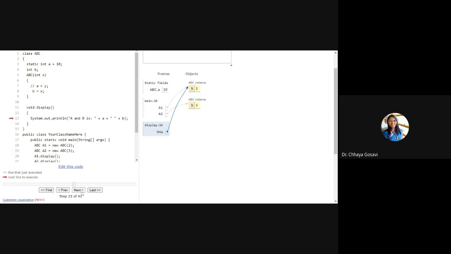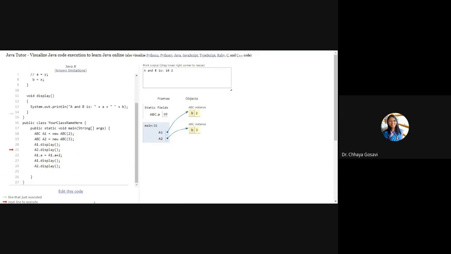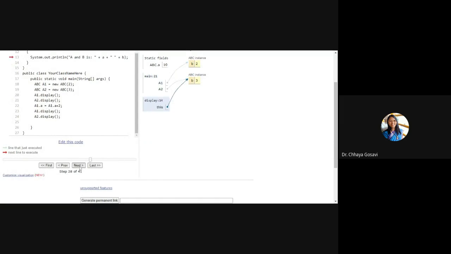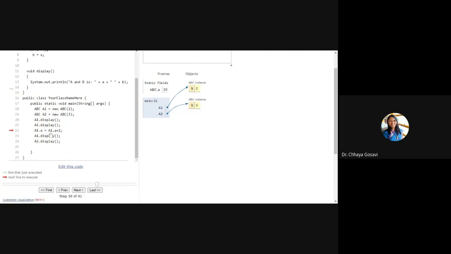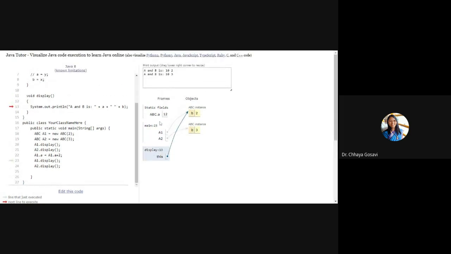So now these values are getting displayed. These two display functions executed and we got this result. Now we are performing this operation: A1.a is equal to A1.a plus 2. So one object is modifying that value, and this value gets modified to 12.